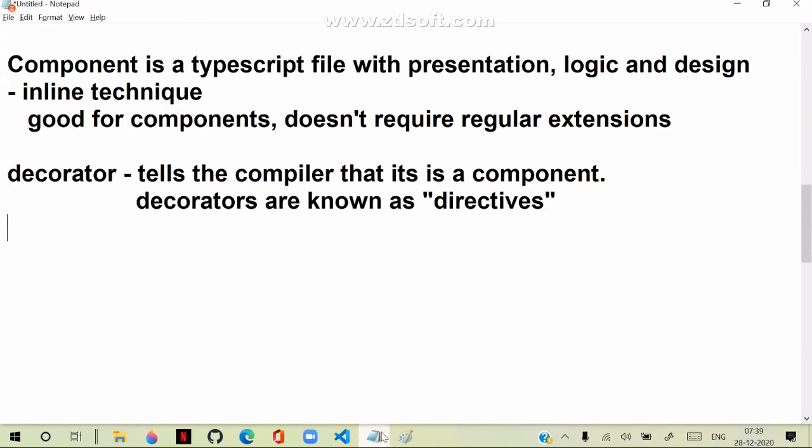That is done by directives. Many web-related technologies use directives to tell the compiler what it is going to handle now. So the compiler can understand what it is dealing with with the help of directives. Which people call decorators, but technically these are called directives actually.